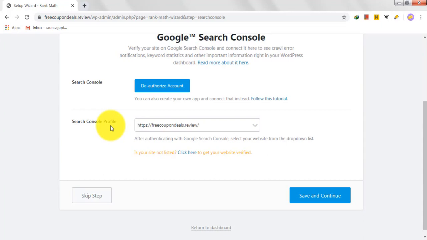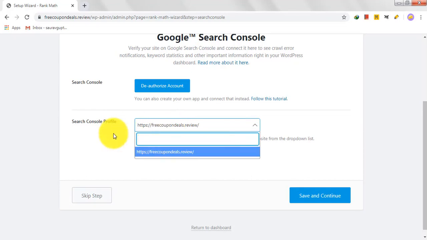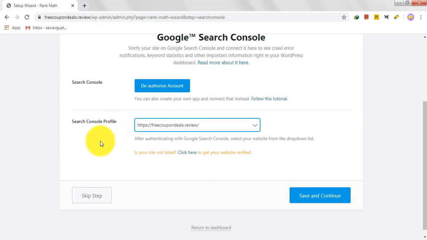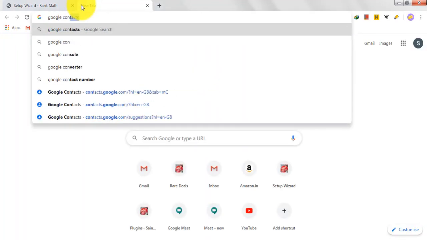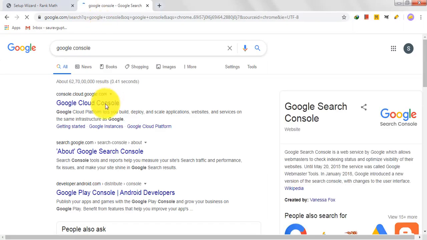In case you don't, we will try to cover that as well in this tutorial. Anyways, if you get this, well and good, otherwise search for Google Search Console on Google. That is here, Google Search Console. When you search that,